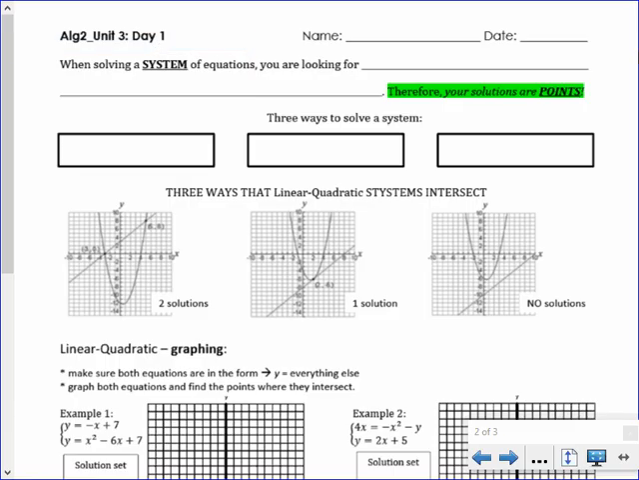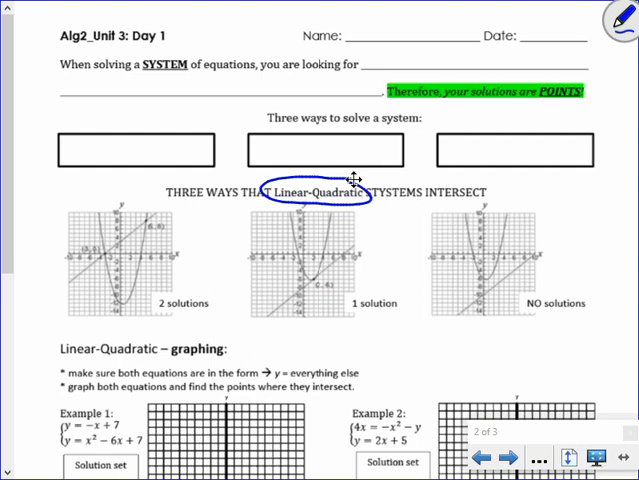So our systems that we're going to be working with today are the linear quadratics. These are the systems that we're working with. That means you guys are going to have a line and you're going to have a parabola. You should remember how to graph lines from Algebra 1, so I'm not really going to do that. But for quadratics, we learned that at the beginning of Unit 2, our last unit. So you guys will be seeing quadratics in standard form or vertex form, so you have to remember how to